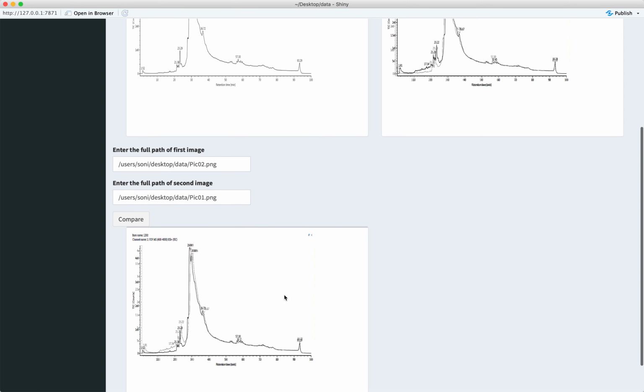This option may be useful for someone who wants to compare the spectrometry images of a patient before and after medication to identify potential changes. Using this option, the analyst can provide the paths of two images, and the application will superimpose them on top of each other for easy visual comparison.